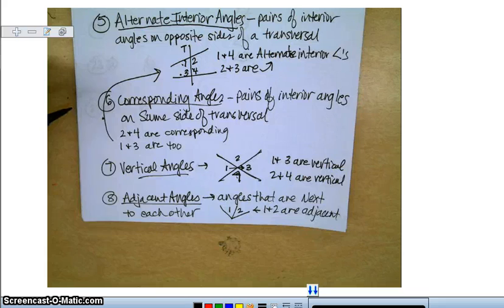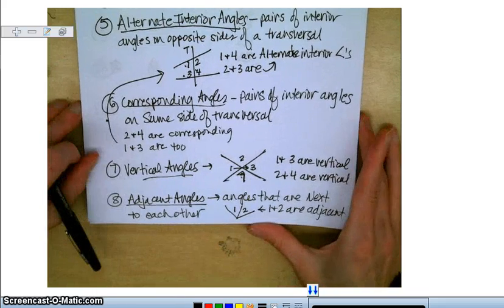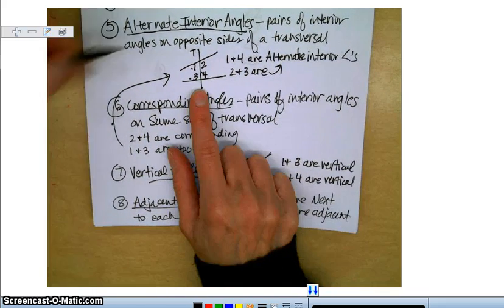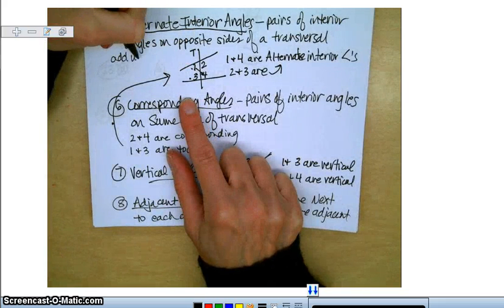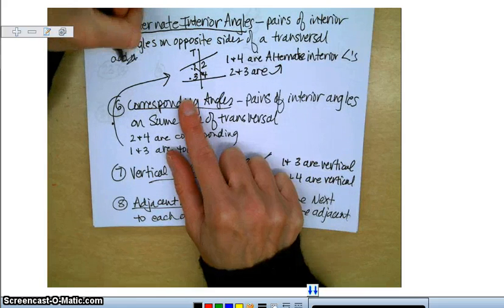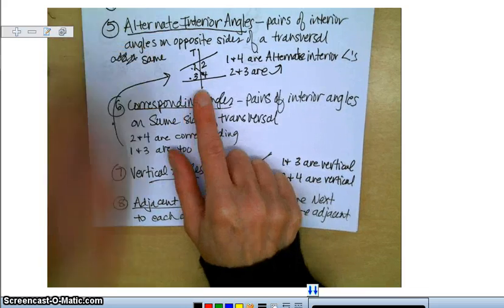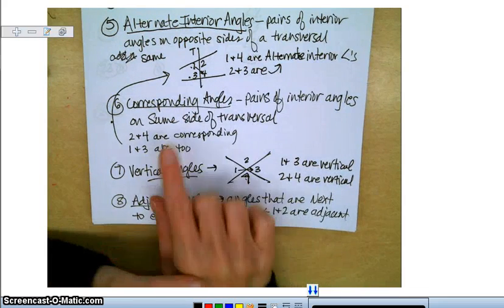Okay, so some nice things to know about these, and these are some of the theorems that I'll talk about later. Alternate interior angles add up. They don't add up, they are the same. Alternate interior angles are the same. Corresponding angles